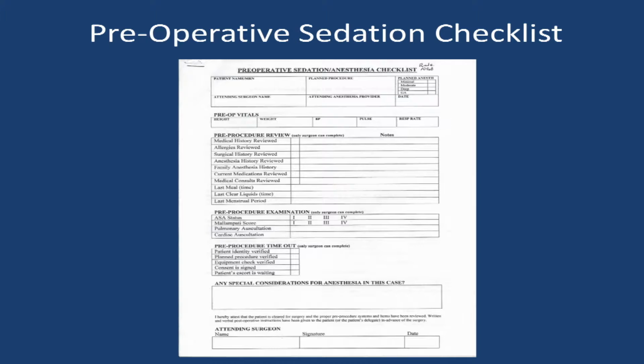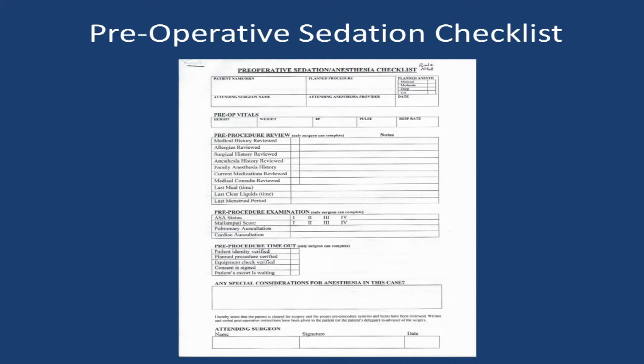other aspects: allergies reviewed, surgical history, the anesthesia history, if someone in the family has had a poor anesthesia result for general anesthesia? Is there a family anesthesia history? If so, how did it go? The caries, medication review, the medical consults are reviewed, the last meal that the patient had, the last menstrual period that the